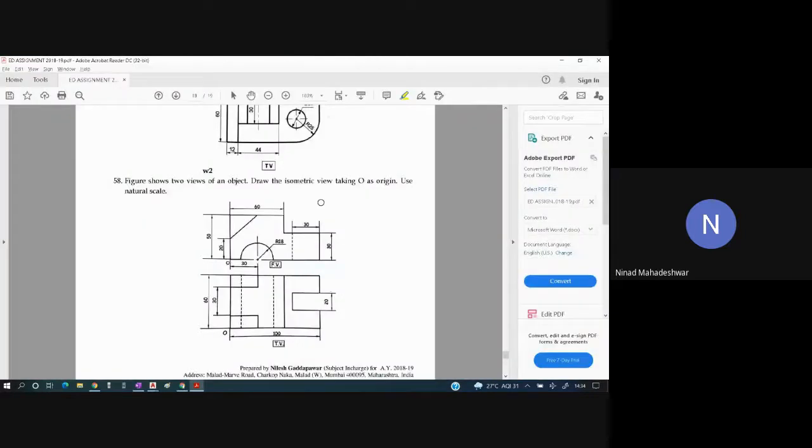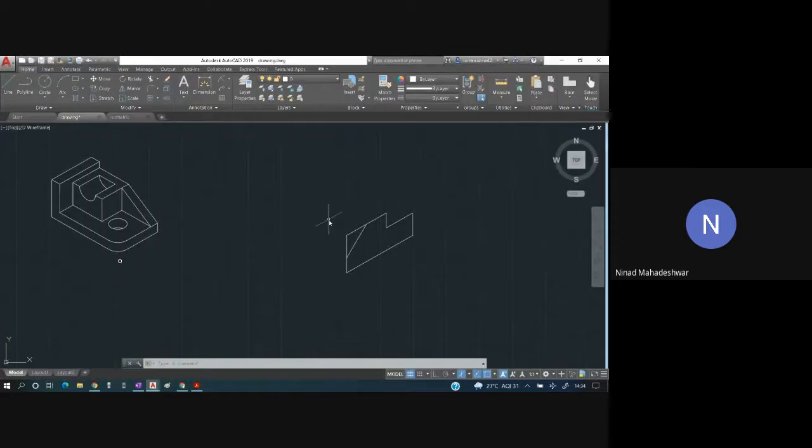Okay. Similarly, here there is a center line at a distance of 30 mm. So that I will draw. Okay. So from here at a distance of 30, there is a center line. Ortho command should be on at a distance of 30. Okay, so I'll draw a center line over here. I'll convert this line into a center line. This is a center line, and I will extend this part. Okay, I have got the center out here.